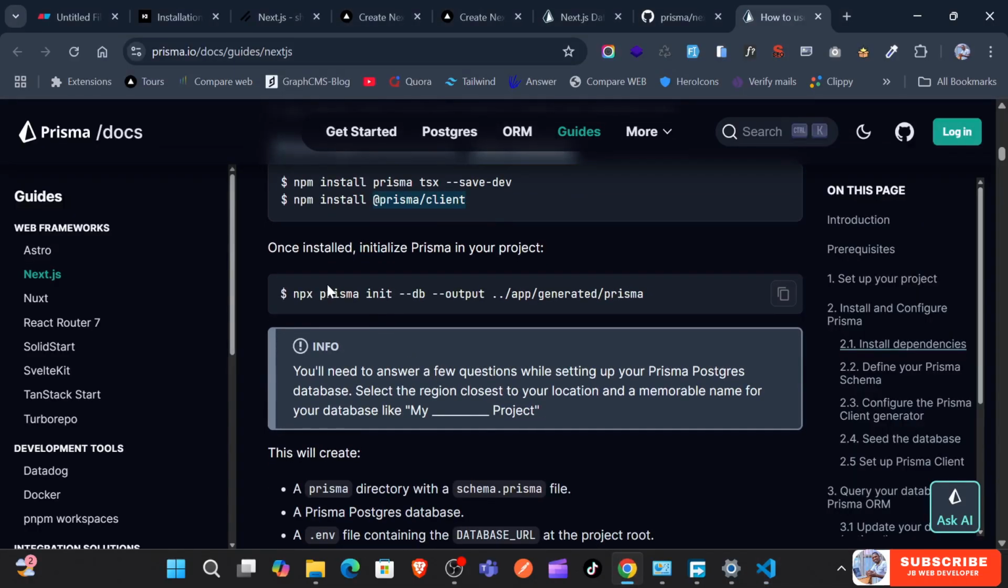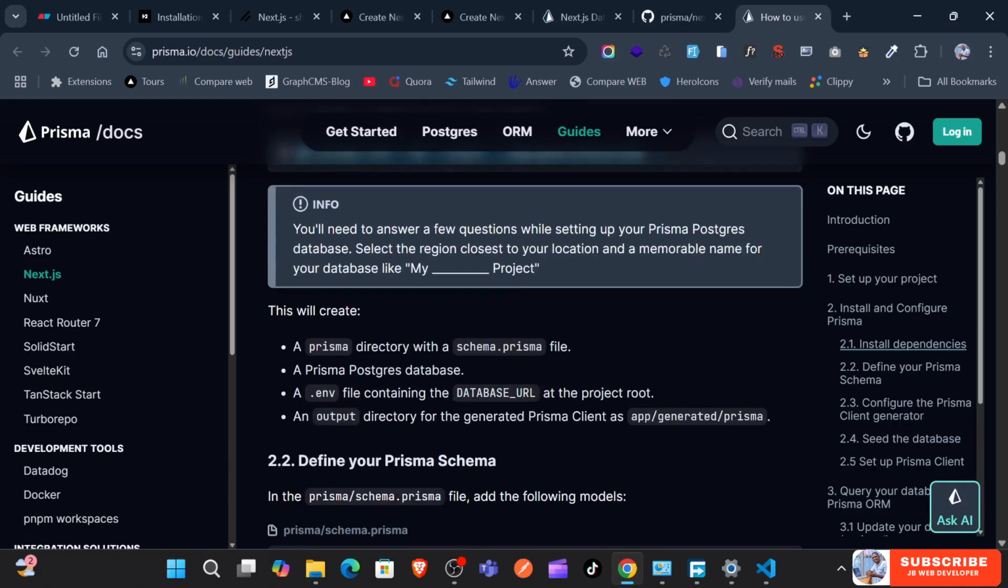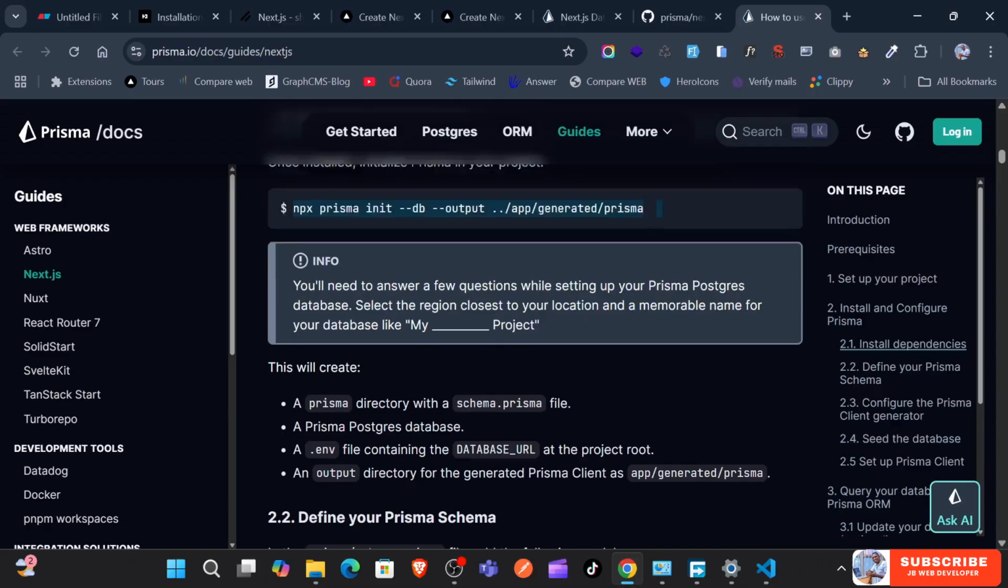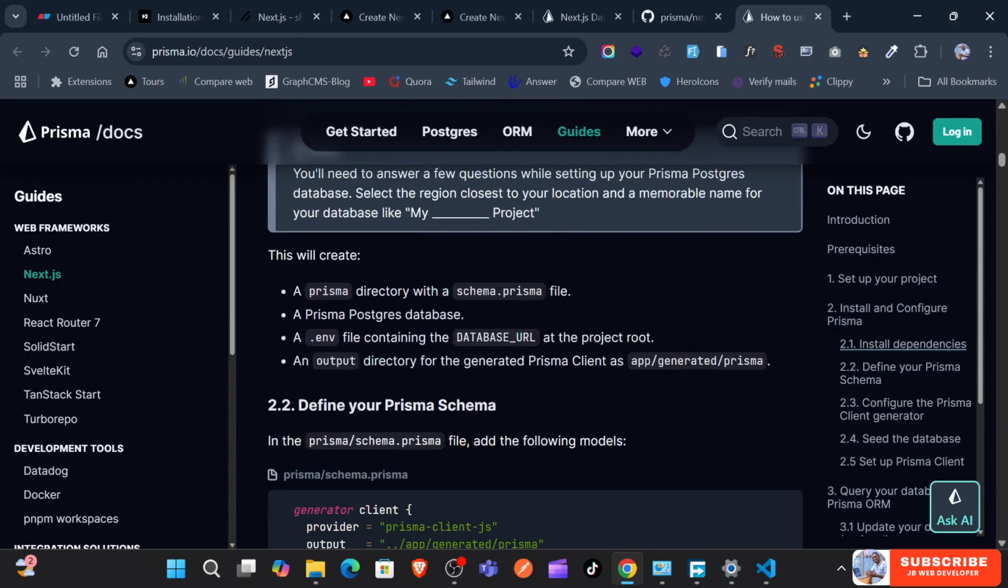Now we can go ahead and initialize a Prisma instance, as you can see here. Once you install this, you can run an npm init. You don't need to use the dash db dash output flag like this. It says this will create a prisma.env and an output directory for the generated Prisma. So what I'm just going to do is